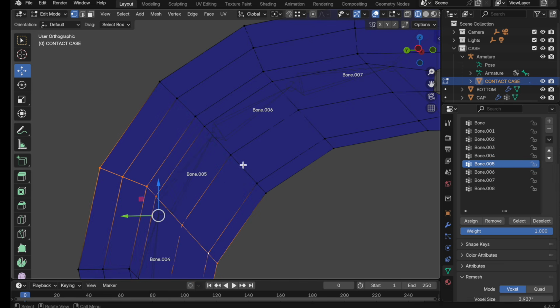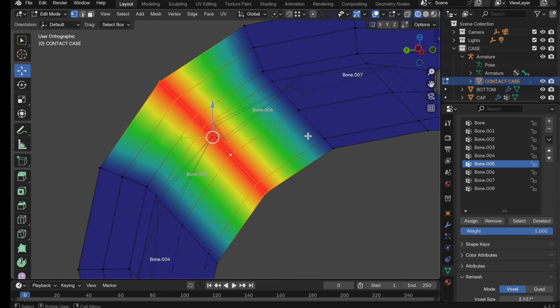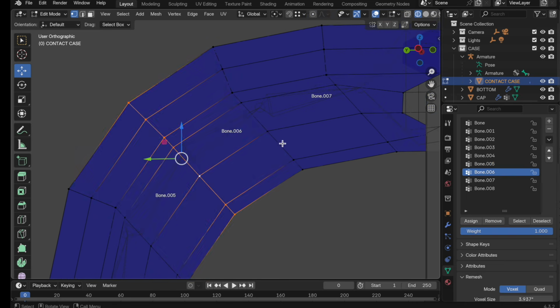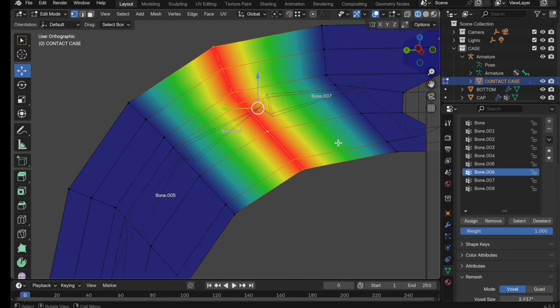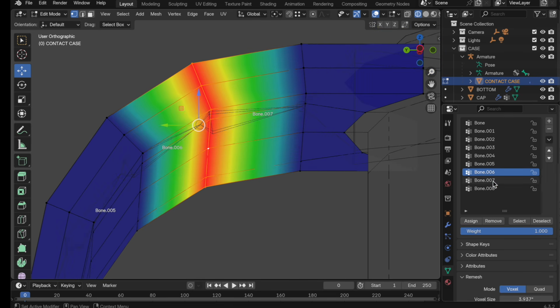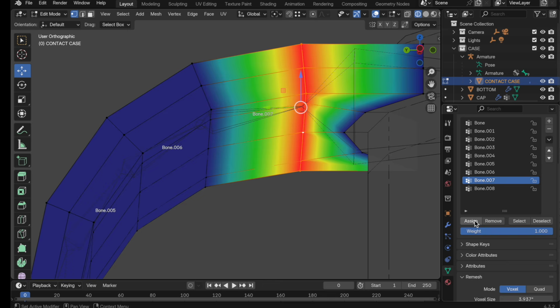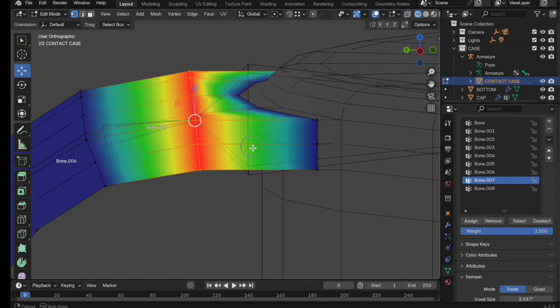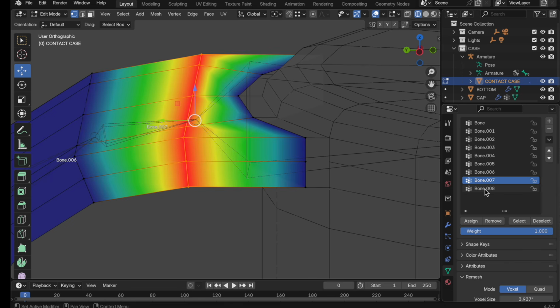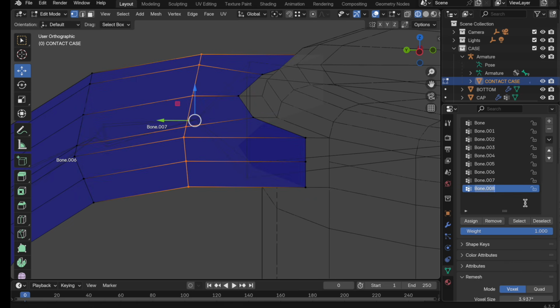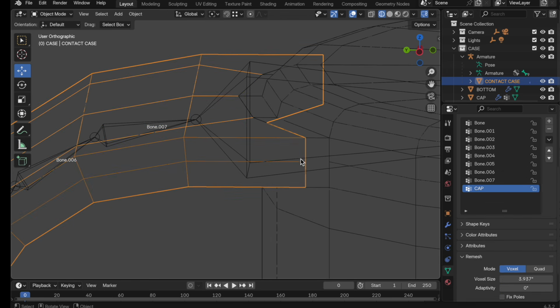Bone 05, assign, bone 06, assign, and then we get to the top, bone 07, assign, and then the last one right here, we're going to rename this and we're going to call this cap. Okay, so this is important. Since we've made a change here, we also need to go over and change the name of the bone, and